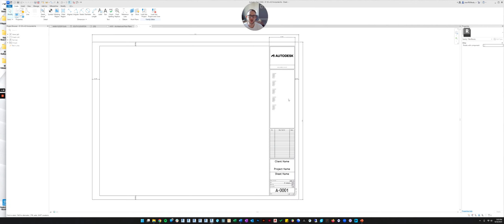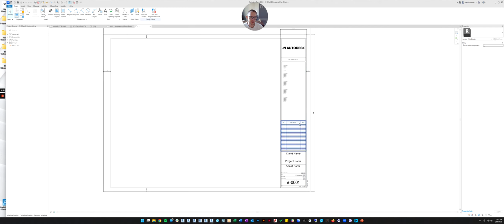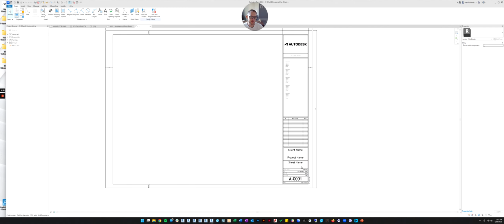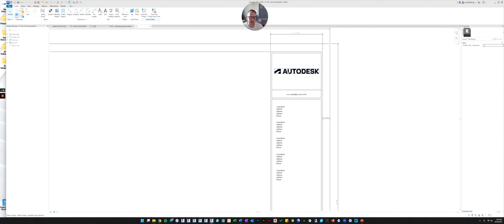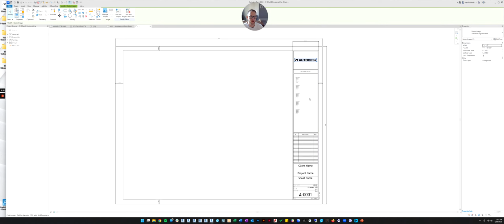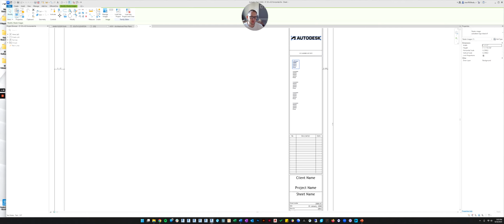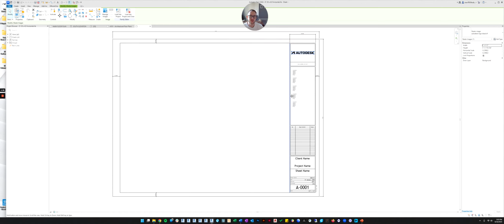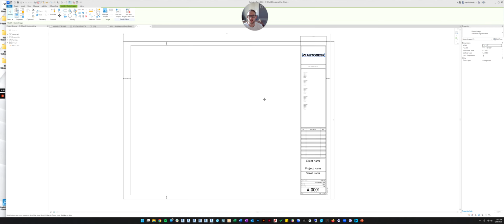So we're not going to make any crazy changes right now. I'm going to maybe change the text style, and we'll get rid of their logo and we'll put in our own logo. But you can do anything. You can rearrange the title bar. In fact, maybe we'll get rid of all this stuff too, because it doesn't really apply to us in this class. So maybe we'll make some major overhauls.